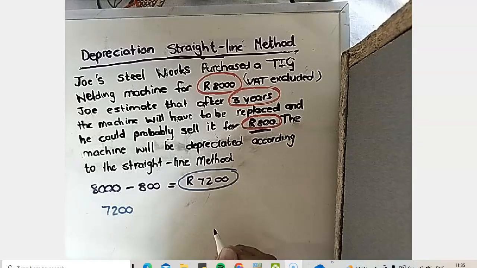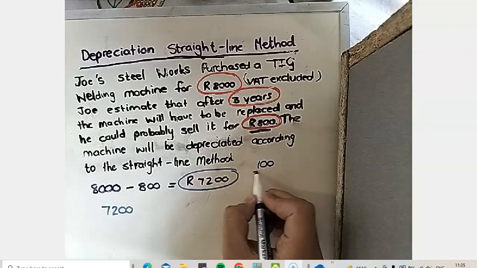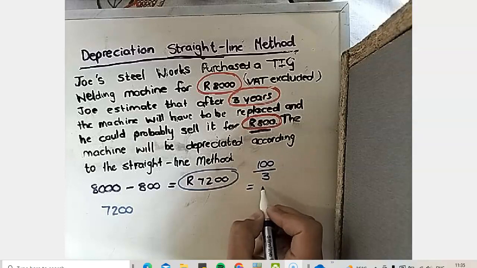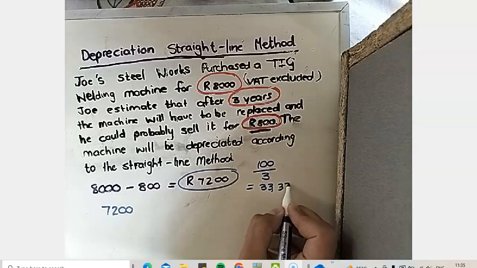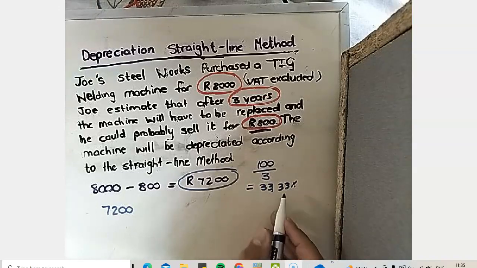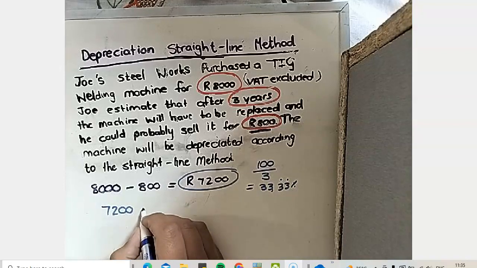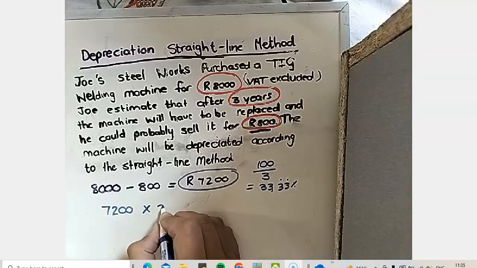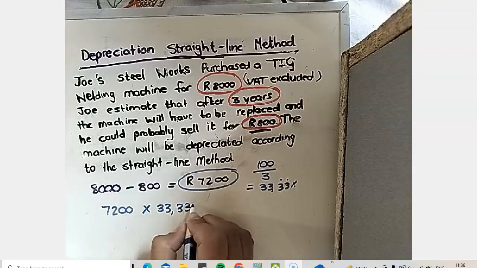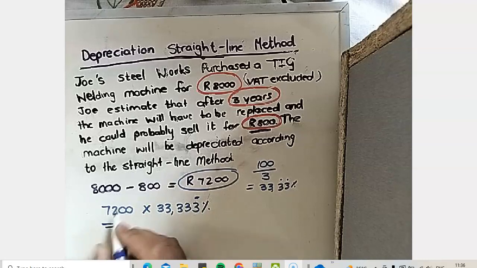Okay, but now you're going to ask, what do I use for the percentage? So it's calculated as 3 years. So you take 100 divided by 3. That will give you 33.333%. Okay, that means that that's the amount you're going to use going forward. So you take 7,200 times 33.333 going onwards percent, and that will equal